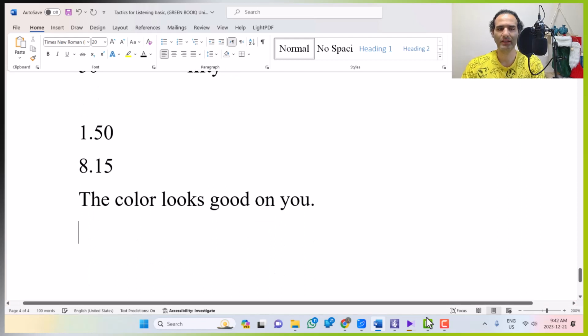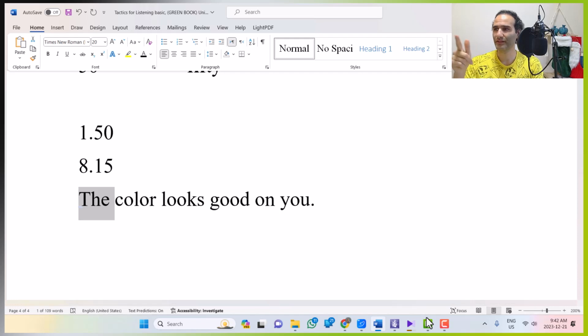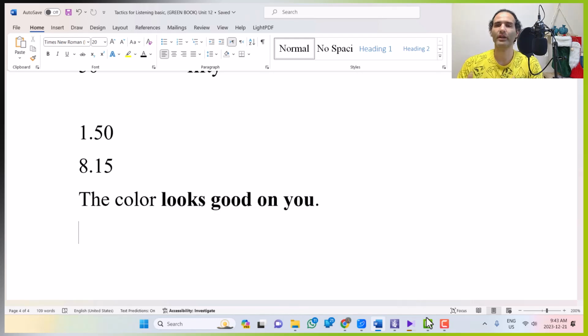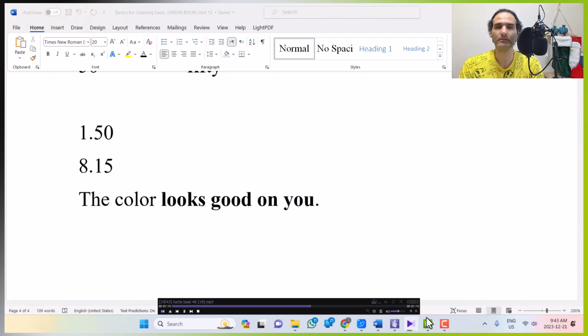So two points here. Number one, the, which means the color of the t-shirt that you see and I see. It means its color. It means the t-shirt's color. I'm teaching you grammar of the. Looks good on you. So memorize this part. Your friend is, for example, wearing a new t-shirt. Oh, that's beautiful. This color looks good on you. Okay, with the stress on k.